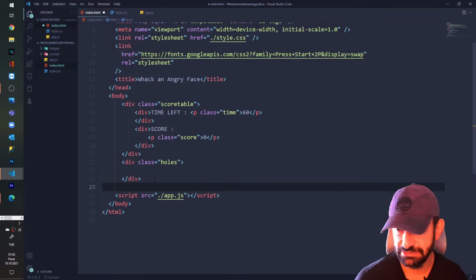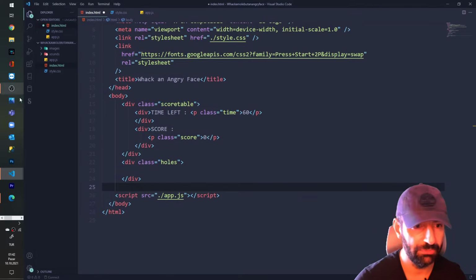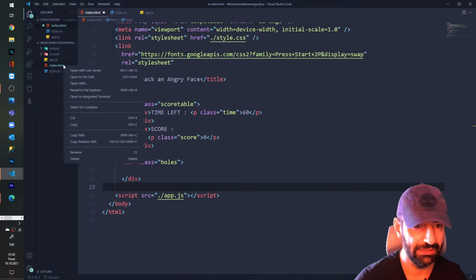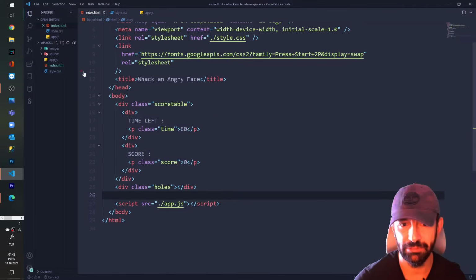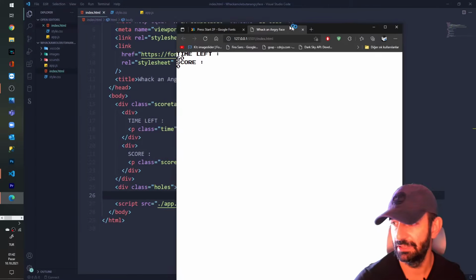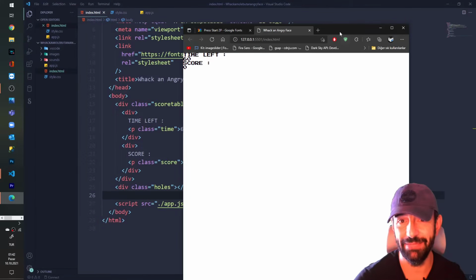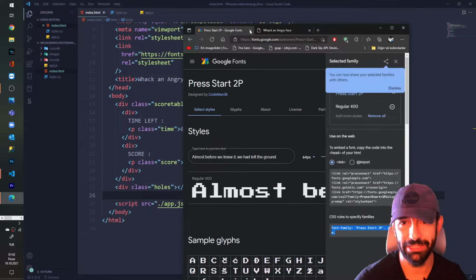And let's leave the modal div for the last time. I don't want to make anything like this now. And I want to open my index HTML like this. Not for now. Okay, I'm going to make it live server. Yeah, this is our game div. Don't worry, it will be okay.